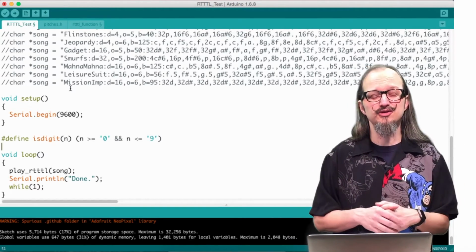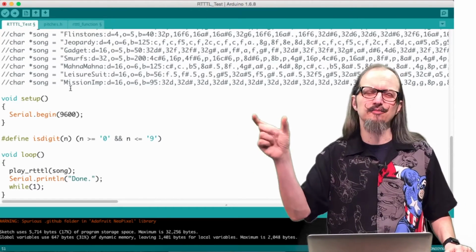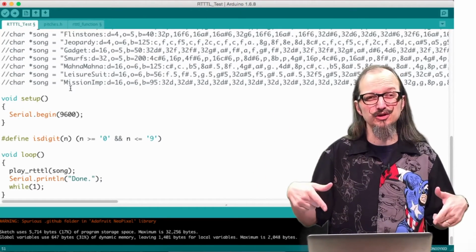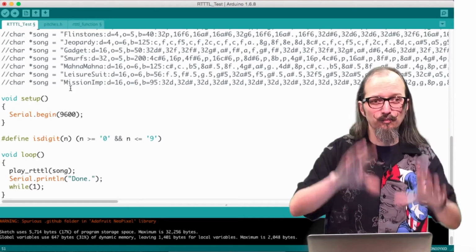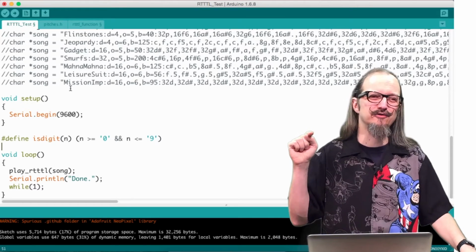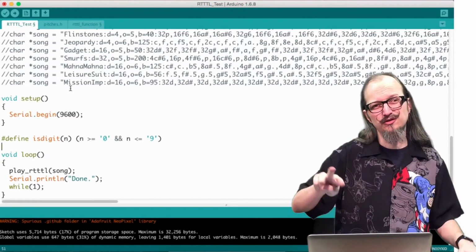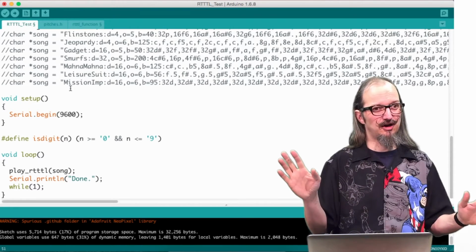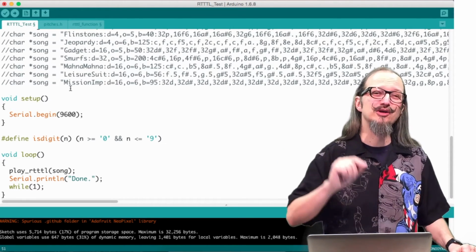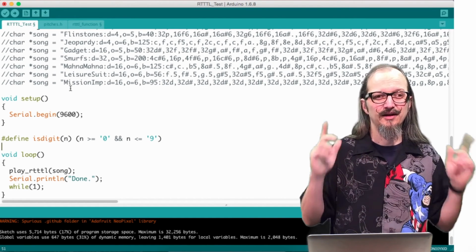So this is how you can use the RTTTL program, and you can then play RTTTL songs. What I want you to do is make this run. After you get it running, add a button so that you have to press the button in order for the song to play. Not so bad, right? Maybe add a second button so you can switch between two different songs. Also kind of cool. And then go out to the internet and see if you can find another song that you want to play. All right? So have fun with that.